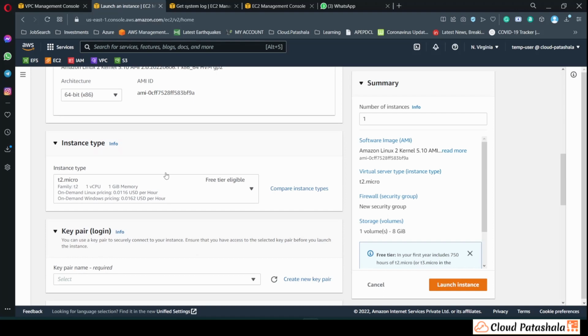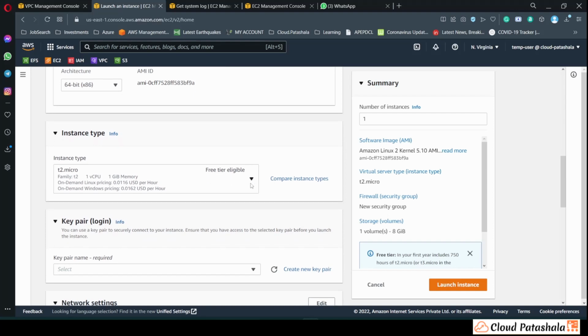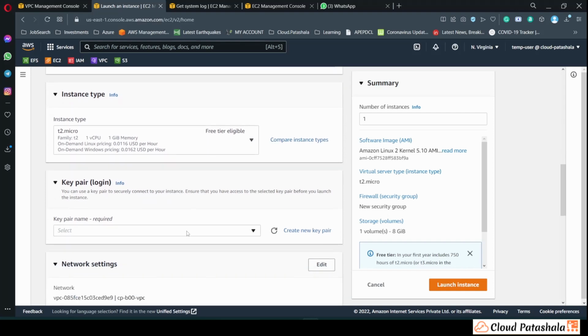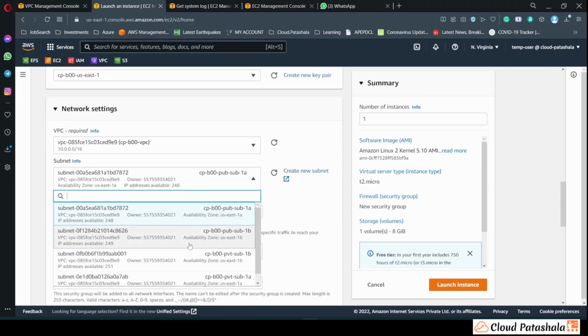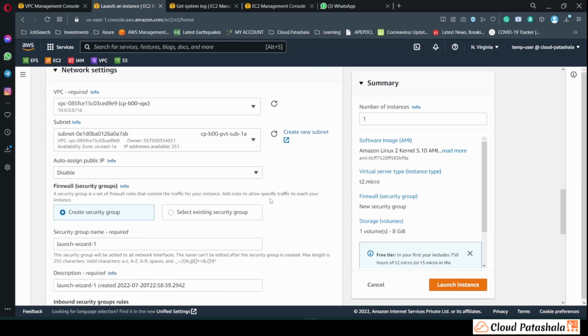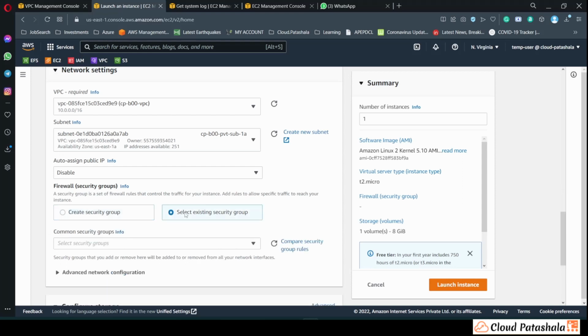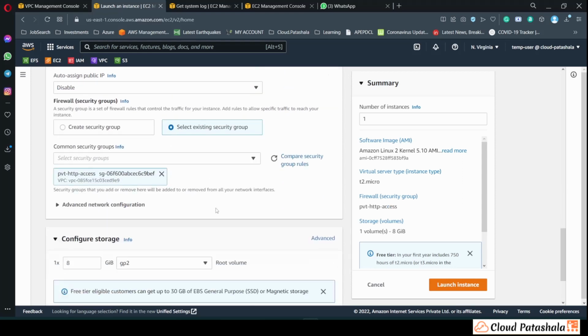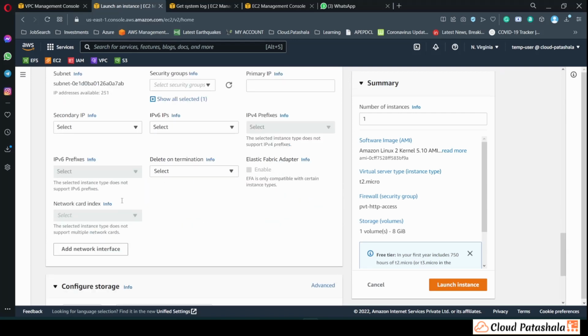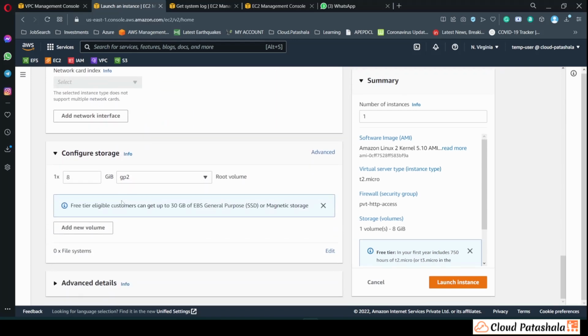We would be selecting the instance type as 1 CPU, 1 GB of memory, which should be enough. I'll be editing the settings and selecting the private subnet 1A so that we could have the EC2 instance there. I'll select an existing security group for this, which would be this, and I would be adding